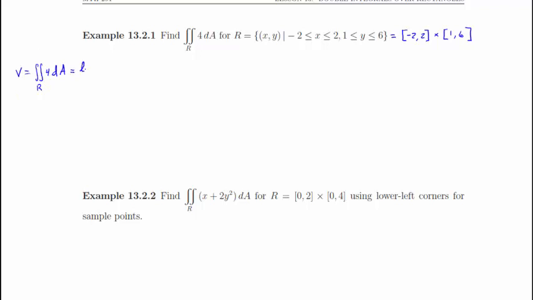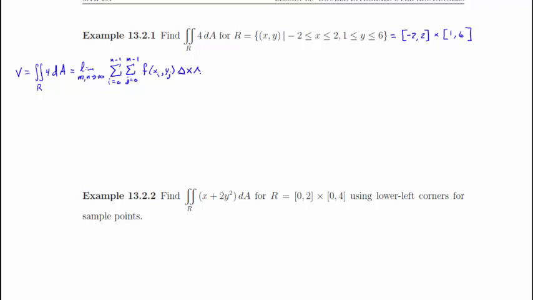This equals the limit as m and n go to infinity of the sum of i equals 0 to n minus 1, j equals 0 to m minus 1 of f of x sub i, y sub j, times